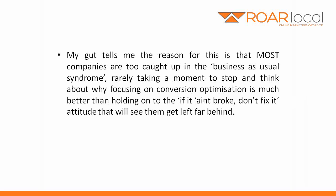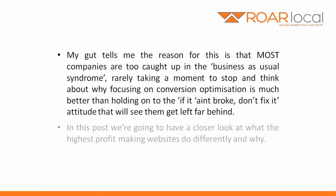5 tests per month. My gut tells me the reason for this is that most companies are too caught up in the business as usual syndrome, rarely taking a moment to stop and think about why focusing on conversion optimization is much better than holding on to the "if it ain't broke, don't fix it" attitude that will see them get left far behind. In this post, we're going to have a closer look at what the highest profit-making websites